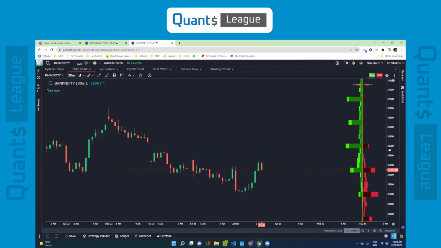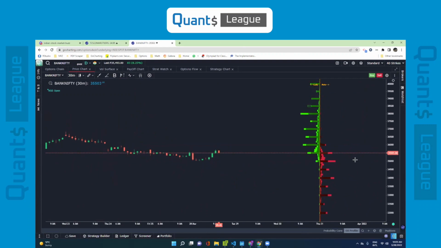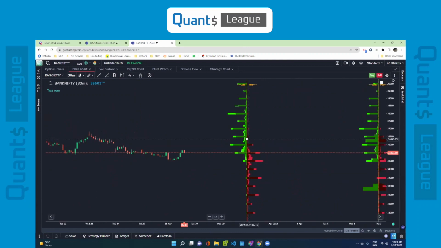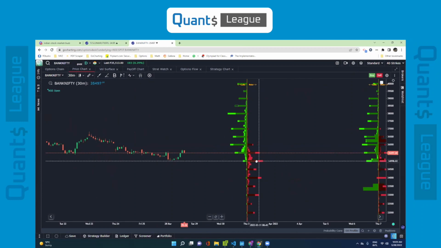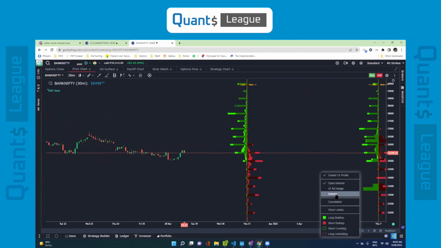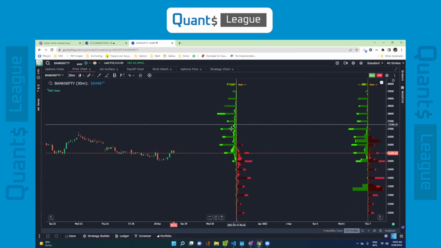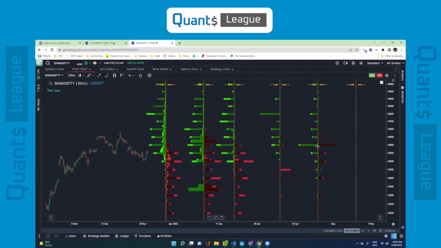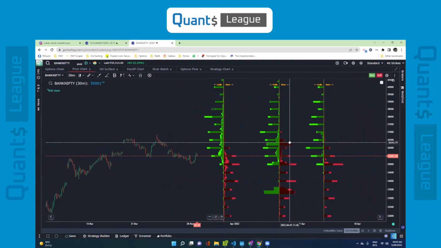OI profile is basically similar to a volume profile, but this time based on the option chain. What you are seeing here is, on the left-hand side, these greens are the open interest of your calls, and on the right-hand side is the open interest of your puts. You have the ability to choose either open interest or volume based on what you prefer. This is exactly the profile of the option chain expiring in 3 days. This is the one that will expire in 10 days, and similarly as you drag on, you keep getting all the option chain series right to the end, the weeklies and the